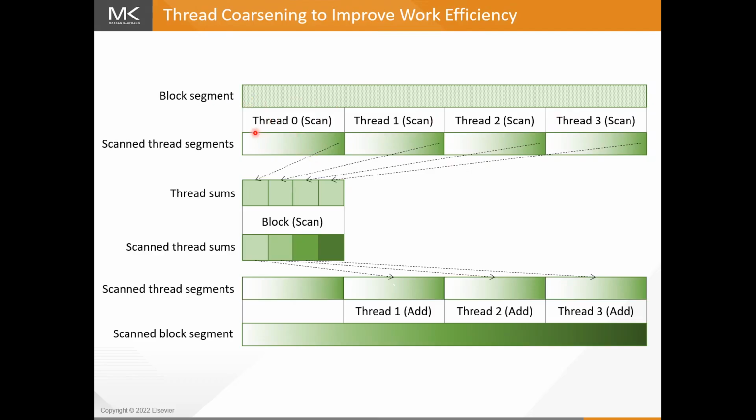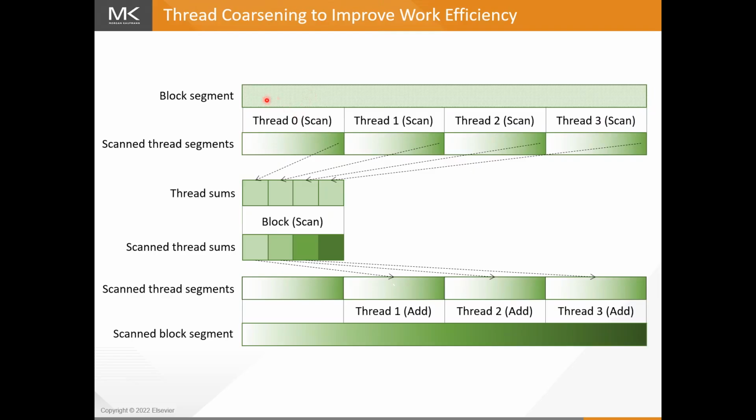Let's say this block segment is in global memory, and every thread is going to iterate through its own segment in global memory. Somebody said something online. Yeah, I was saying the memory accesses won't be coalesced, right? Right, exactly. The memory accesses will not be coalesced if we do that. Correct? Because if my